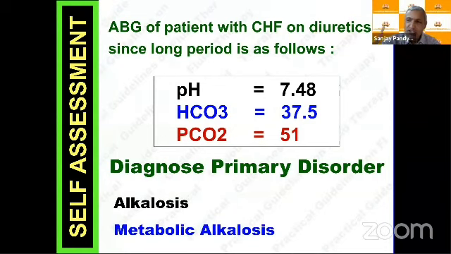If we have alkalosis, there are only two reasons. With high bicarbonate, it is metabolic alkalosis. Low PCO2, it is respiratory alkalosis. Okay. Now, next